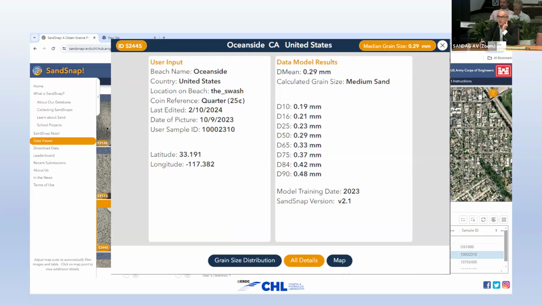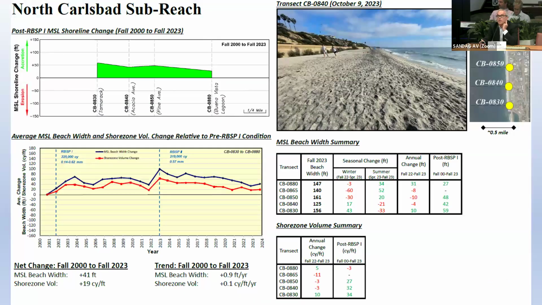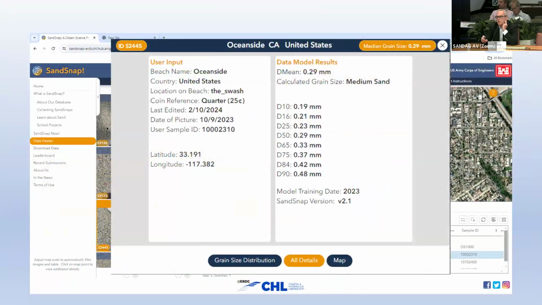And so in this case at Oceanside, the median grain size, or D50, is a number that we use a lot in coastal engineering. It's about 0.29 millimeters. And when we do a beach nourishment project, we want to make sure the sand's compatible, as Keith just indicated. The D50 is one of those numbers we look at. And so for reference, the last Regional Beach Sand project put sand that was a little bit coarser on the beach because we knew from the prior project that it stuck around longer. I think that was about 0.5 or 0.55 millimeters.